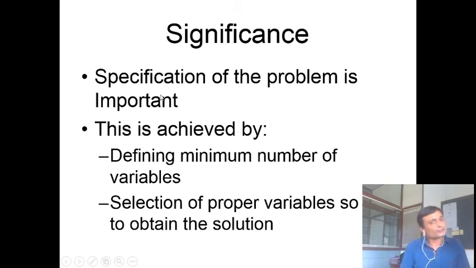So why is degree of freedom important? Degree of freedom specifies the importance. Like any problem, if I want to solve it, I need to specify the degrees of freedom, because unless and until I know the degrees of freedom, I won't be able to solve it. How can I achieve it? For a given set of unit operations, or for a given problem or a model, I need to first identify the minimum number of variables, minimum number of process variables, and I take the difference of that. That is nothing but my degree of freedom.